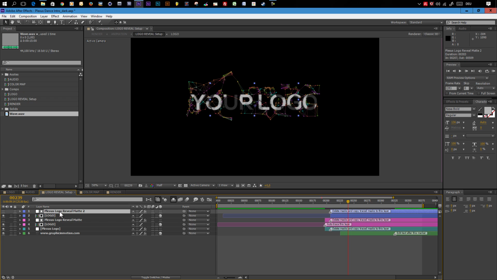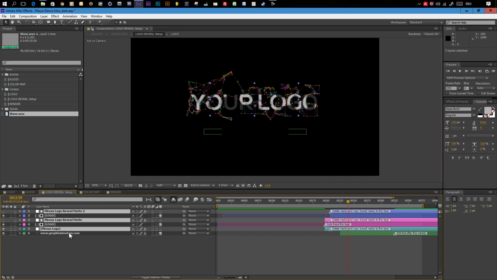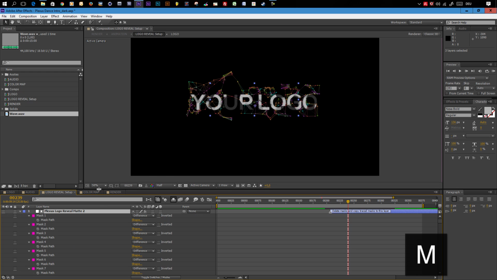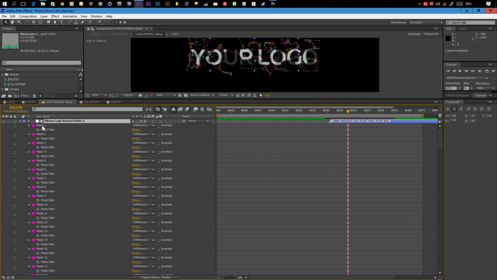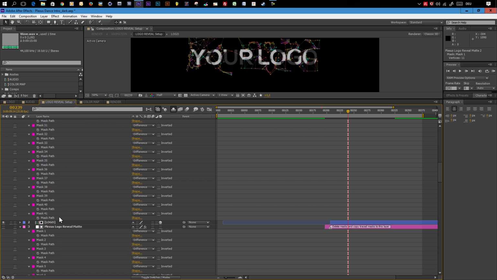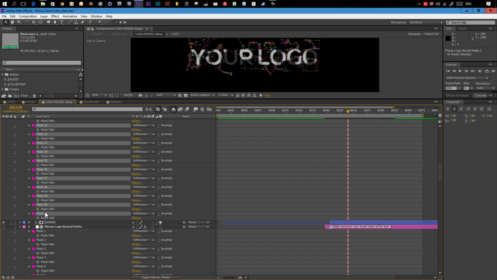So we choose the Plexus logo reveal matte 2, hold down Control, choose the Plexus logo reveal matte, and hold down Control and choose the Plexus logo layer. Now let's press M on the keyboard, and this will reveal all the masks that are on these layers right now. Now select all these masks by selecting the first one, scroll down, hold down Shift, and simply press Delete